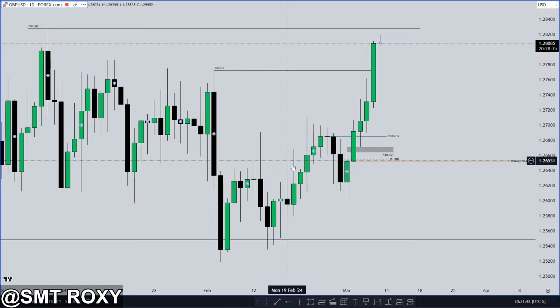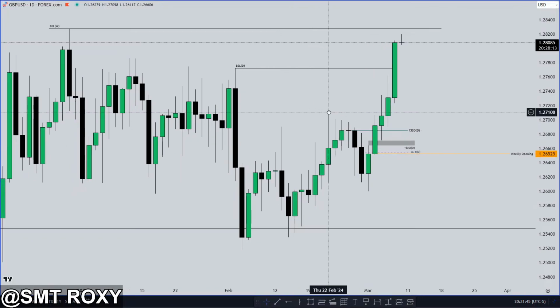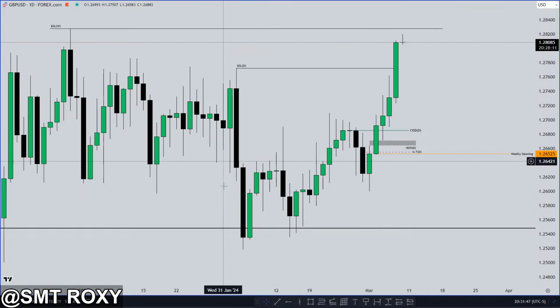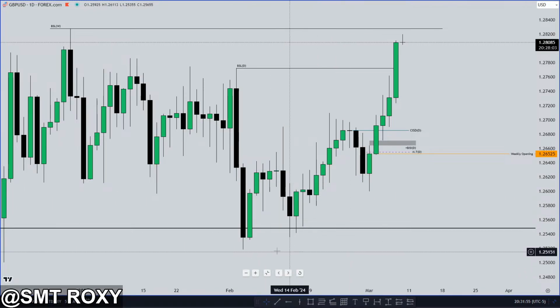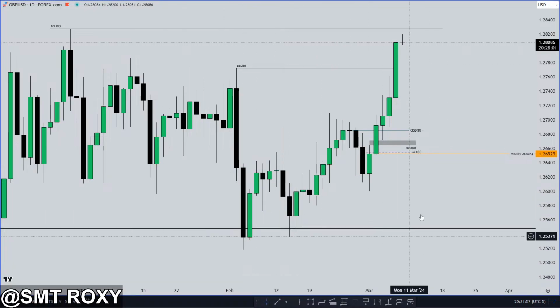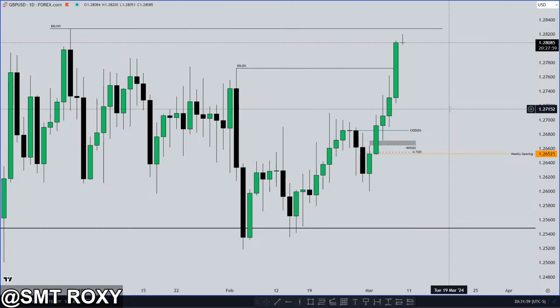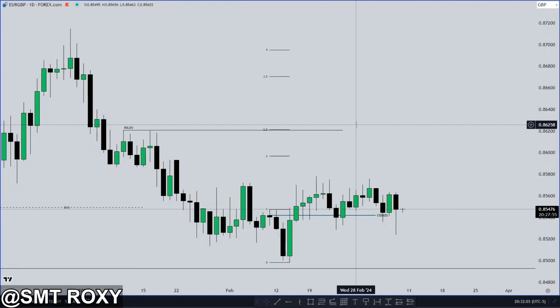People say, "Oh, this is your new range right here," or "This is your new range." No. Where's your external range on the higher time frame, or even where's your external range inside of it? Because you're inside of a range still. Where's the high and low that you need to be breaking out of, or you need to sweep to reverse and have a high probability trade idea? You didn't have that on GU, so EU was more favorable to me, and especially even Euro GBP.